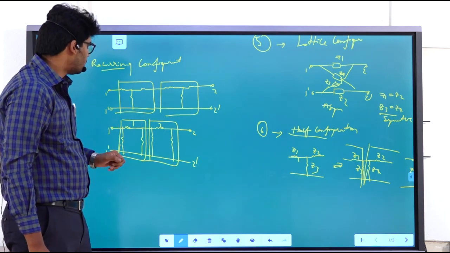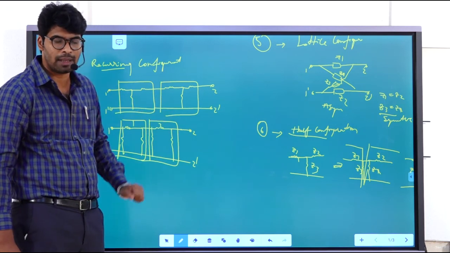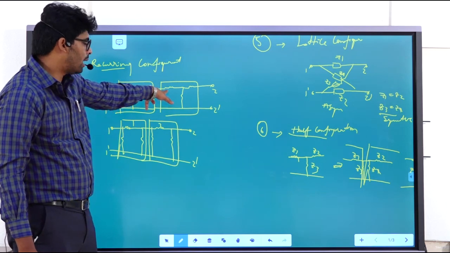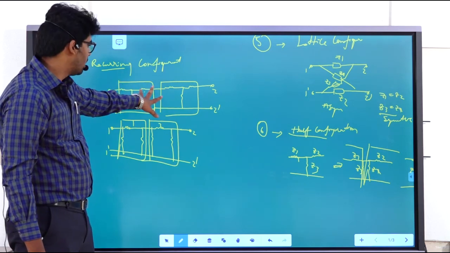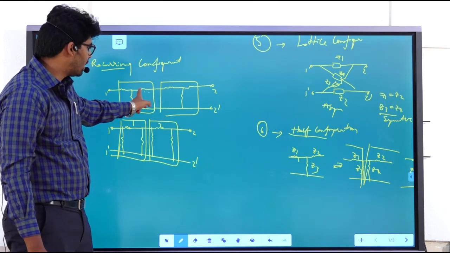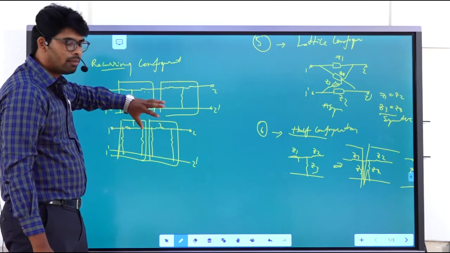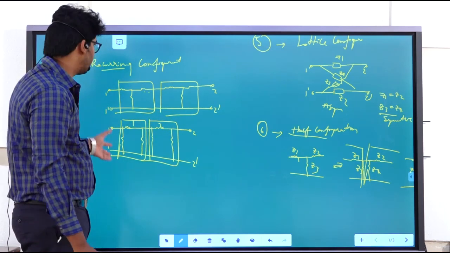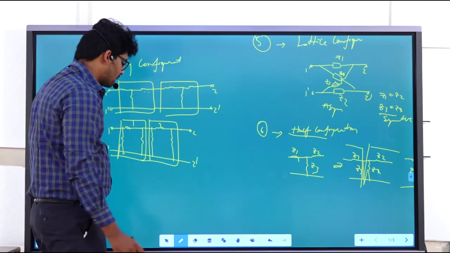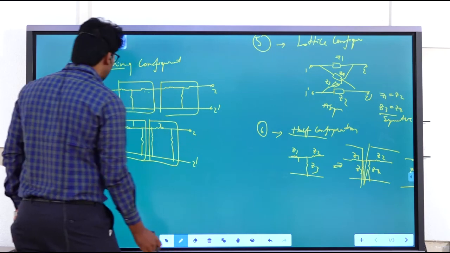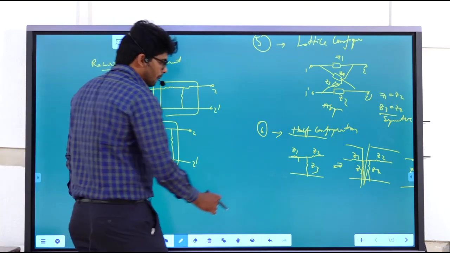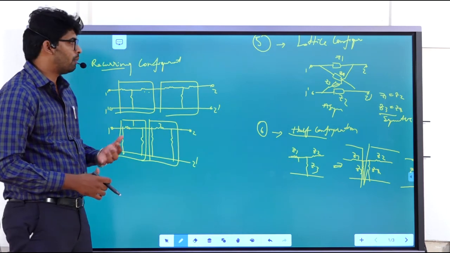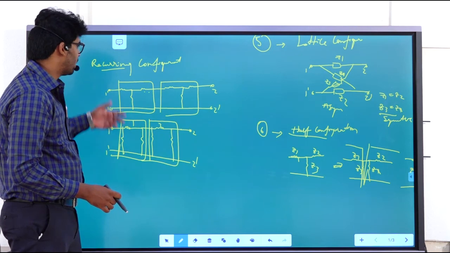So for example, for this circuit, if we ask you to find ABCD parameters, what you will do is, these T elements are in series, you will add that. After that you will get a pi circuit, you transform it into a T circuit, and again based upon our configuration will transform that. Okay, these are different configurations. So in a nutshell, we have 7 configurations: a T circuit, a pi circuit, an L circuit, half configuration, bridge T circuit, and recurring configuration.